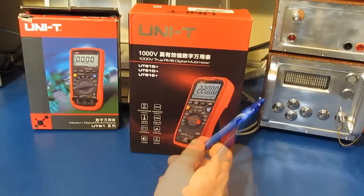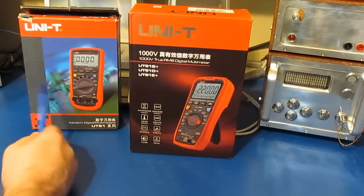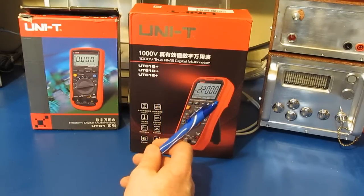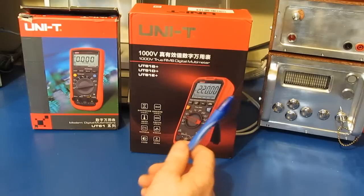clamp meters. I found this one for just under $90 on Amazon. That included shipping. So it's roughly double the price of my original UT61E. A few people, including Dave at the EEV blog, have reviewed this meter. I thought his presentation was pretty good. There were a couple of things I noticed that I didn't necessarily agree with, and I'll go over those during